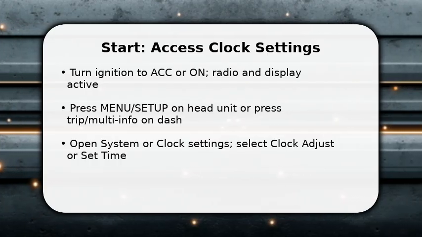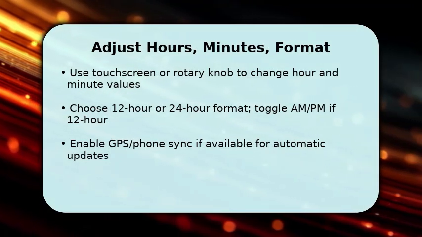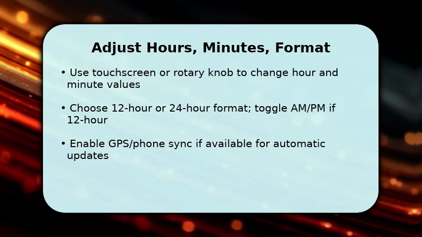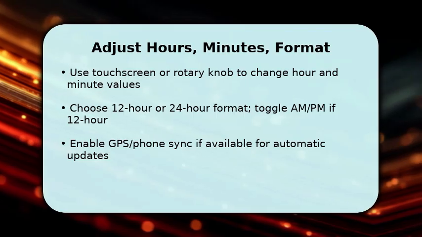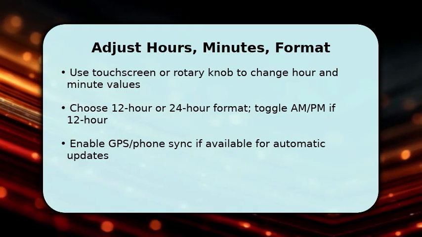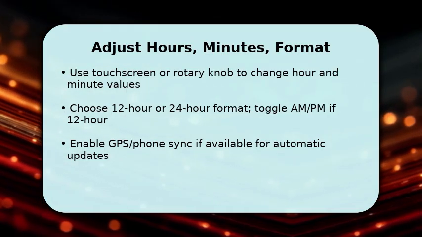Now adjust the hour and minute values using the touchscreen taps or the rotary knob and confirm with Enter or OK. While doing so, decide between 12-hour and 24-hour format. If in 12-hour mode, set AM or PM explicitly. If your Swift supports GPS or smartphone pairing, enable automatic time sync so the clock updates itself for time zones